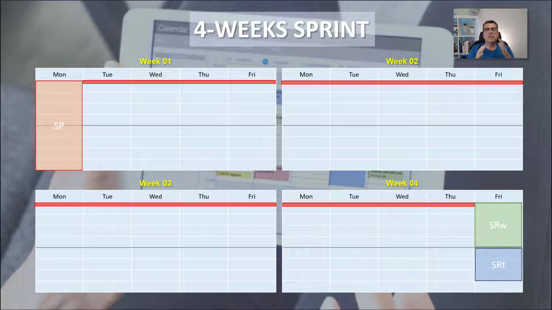As you can see in this schedule, 4 weeks, we have the sprint planning in the first day, then we're gonna start working with daily Scrum every day, and in the last day of week 4, we're gonna start doing the sprint retrospective and the sprint review. At this moment, we assume that your sprint is finished. It's over. But you see, you still have 1 hour remaining for this last day.